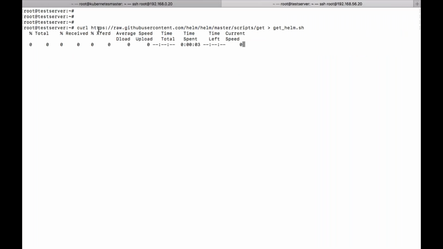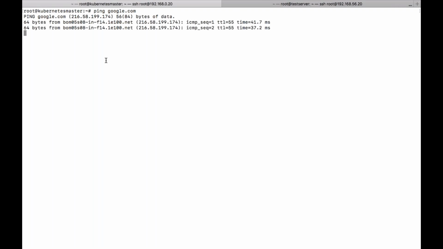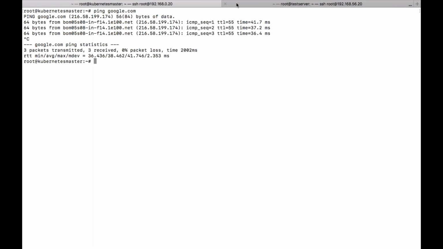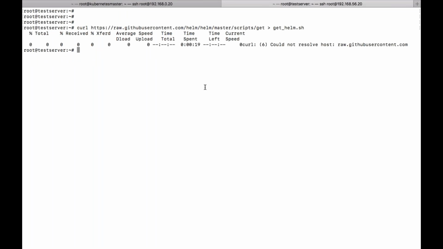I don't know whether it is able to connect to the internet or not. Let us see. If it fails, then obviously there is an issue.